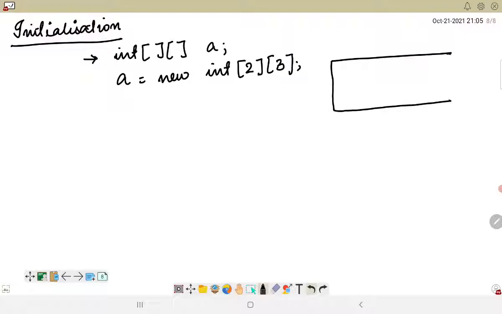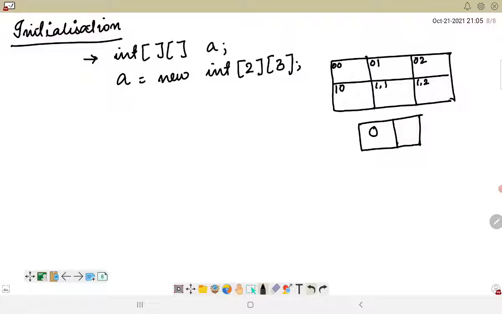There are 2 rows here and 3 different columns here. The positions are 0 0, 0 1, 0 2, then 1 0, 1 1 and 1 2.